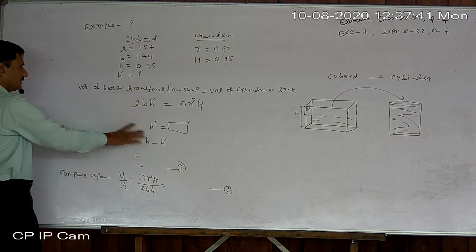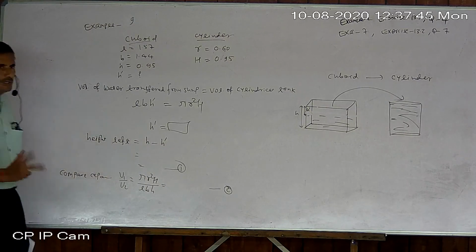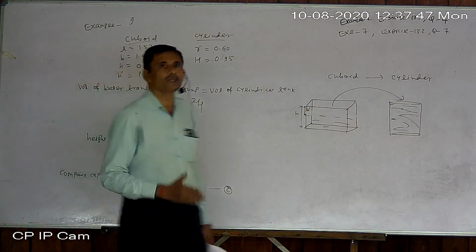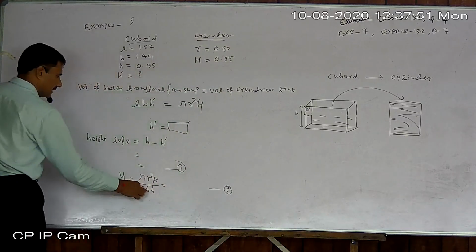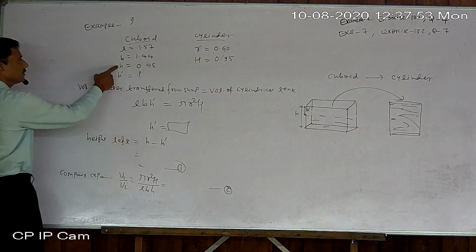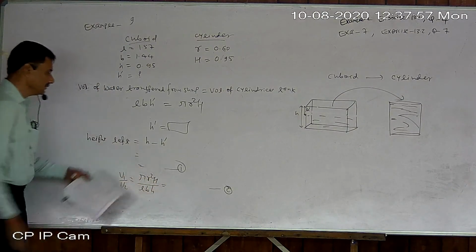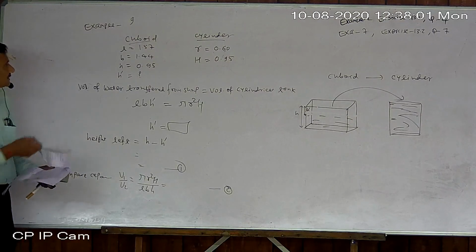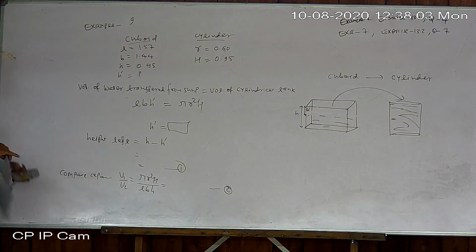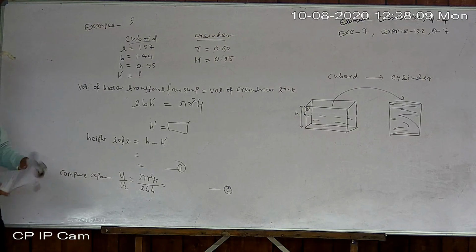So understand, the first part I explained. For the second part, just compare the quantity of cylinder and cuboid. Just place all the values. Here H is used because the whole quantity is compared. So it will be 1 by 2 only. So this was example number 9. Just look at how I have written it and how you have to solve it.